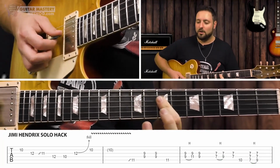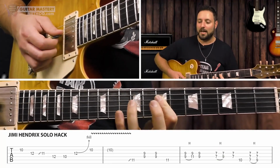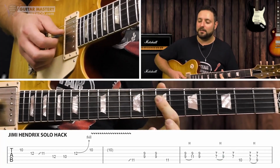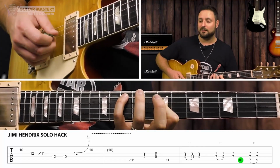So for this one, we're going to start with our first finger barring the 7th fret on the D and the G strings. But then we're going to hammer on to the 9th fret on the D string. All right, then we're going to play 7 and 7. Then with our pinky, we're going to reach up to the 10th fret here on the A string, just to